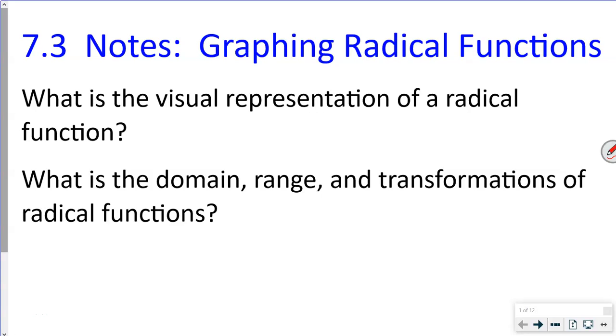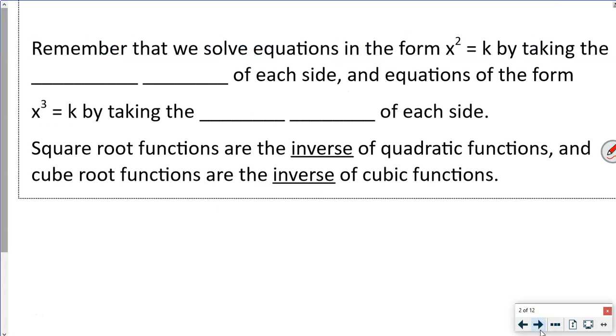So in this video, we're going to go over graphing radical functions. So we really want to know what is the visual representation of a radical function. So also we're going to answer the question, what is the domain, range, and transformations of radical functions? So first of all,